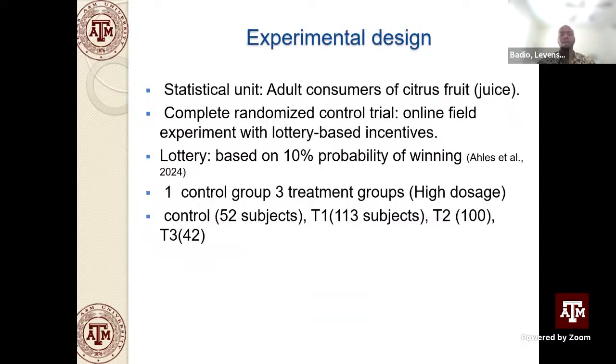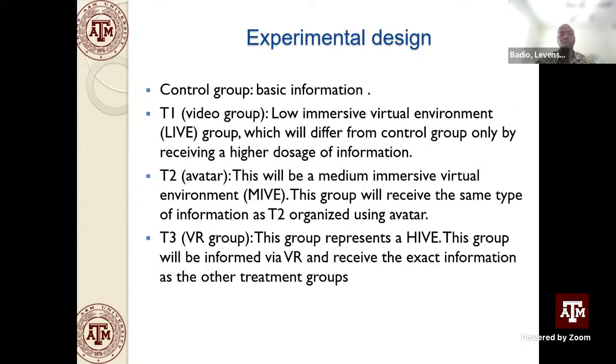For our experimental design, we use a completely randomized controlled experiment with a lottery-based incentive of 10%. We will have three treatment groups and one control group. The first treatment group, T1, will be a low immersive group, which will differ from the control group only by the fact that they have a lower dosage of information. T2 will be informed via avatar, but with the same level of dosage as T1. T3 will be informed via virtual reality, with the same level of dosage of information as the other